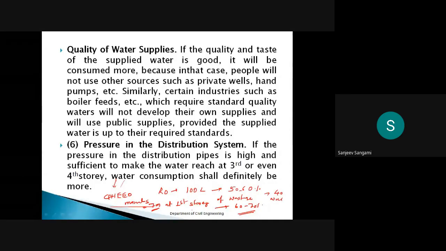Suppose the pressure is very high, assume it is 10 meters and 12 meters above, then normally the consumption will be very high. It is a human mentality that if you maintain that much high pressure, the water will come with a lot of pressure, so of course the usage will be more. But when you are using metering systems, this will not happen. How much you use, that much will be provided.